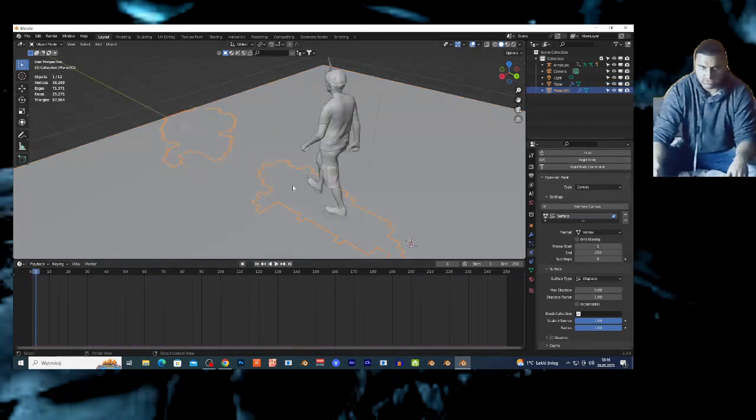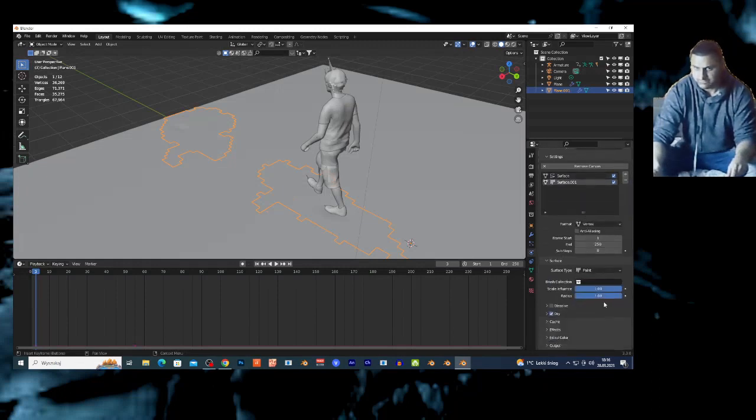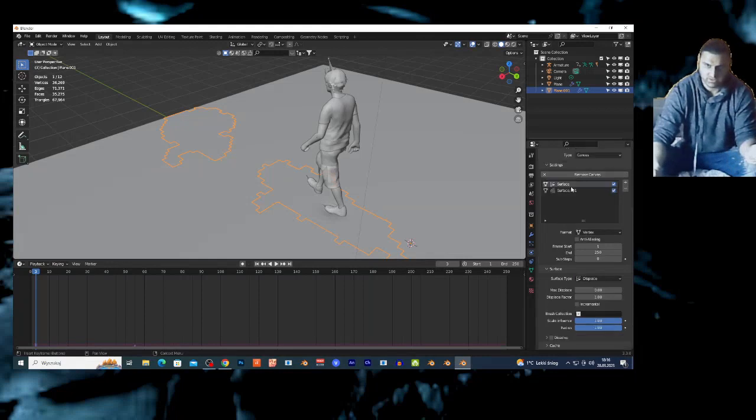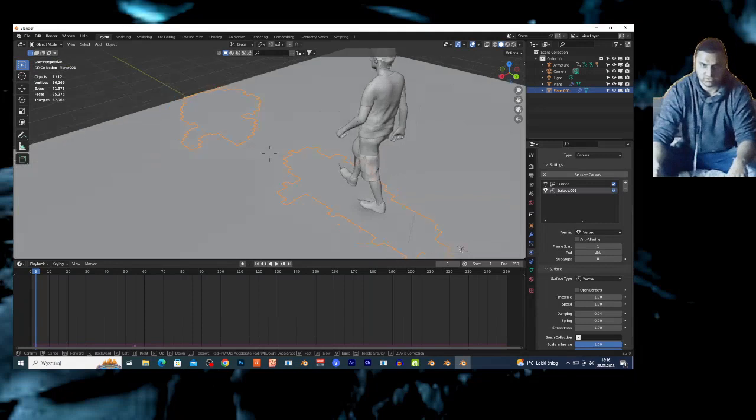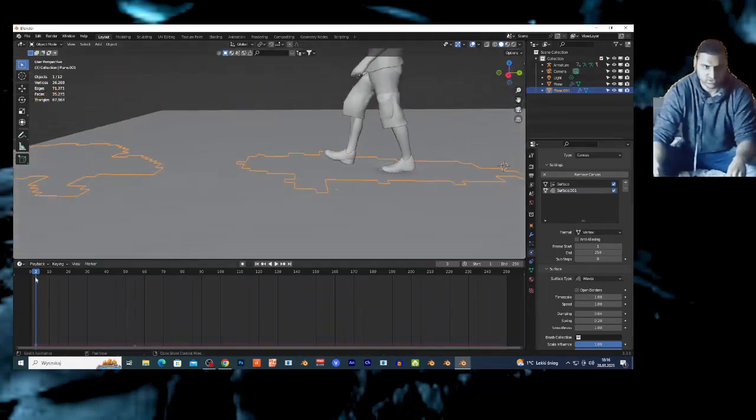I can select this object that I created, and right here I got this dynamic paint. I can click plus, and I can change this from paint to wave. So basically, on these puddles, the displacement is happening that I created a minute ago, and the wave is happening with dynamic paint. I hope you get how this works. And if I just click play,